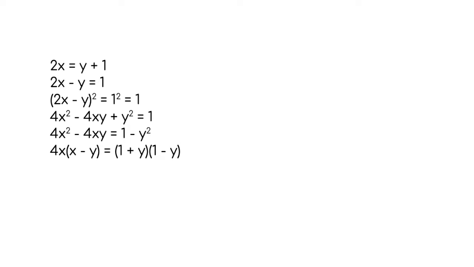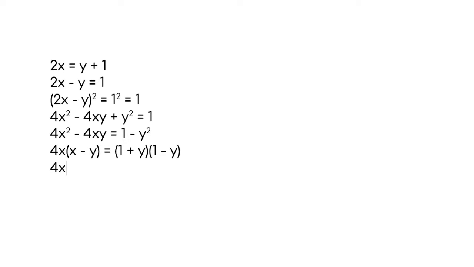Now the next step, we're going to move the 1 plus y from the right side to the left side by dividing, and then move the x minus y from the left side to the right side also by dividing. So let's do that just by moving them across, and then we will get